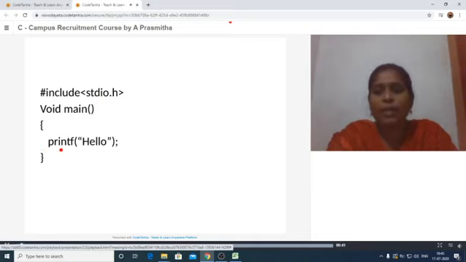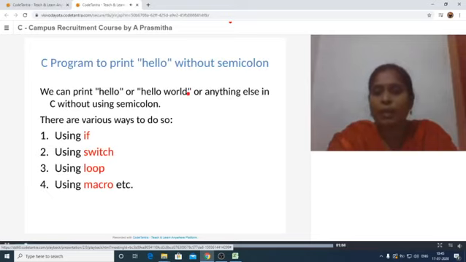The printf statement prints the text we mention inside the double quotations. But this statement has a semicolon, as C language demands a semicolon at the end of the statement. But the question is to print hello without using a semicolon, and this can be performed in different ways.